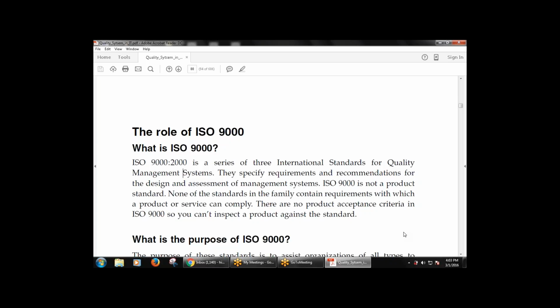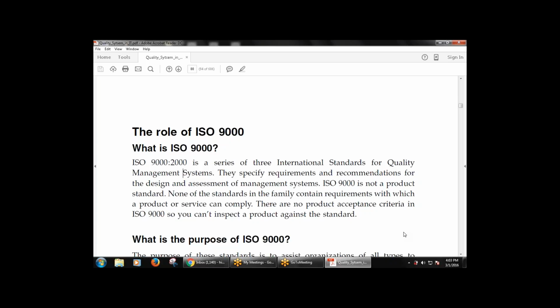So whatever the requirements, whatever the assessment that is required for the management system, that is carried out by the ISO 9000 standards. And ISO 9000 is not a product standard. And next, what is the main purpose of the ISO 9000? That is why we are using the ISO 9000